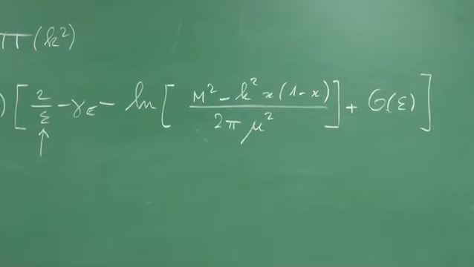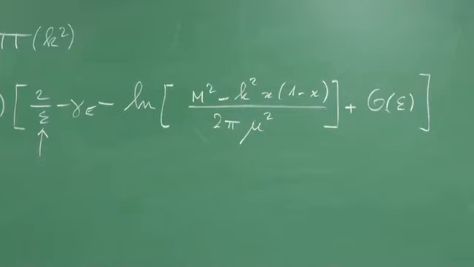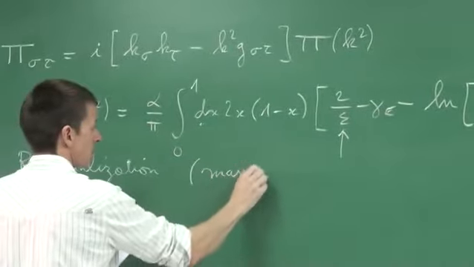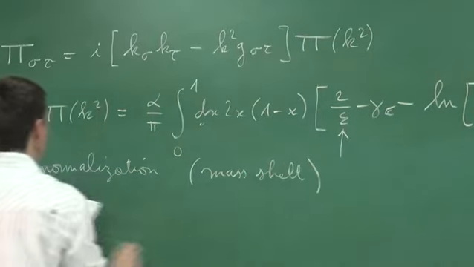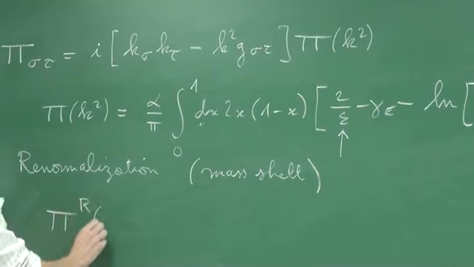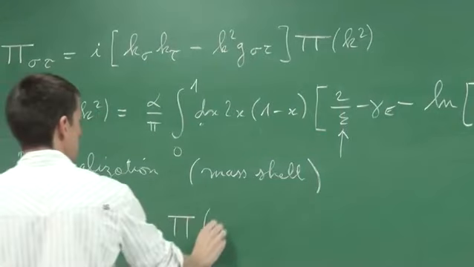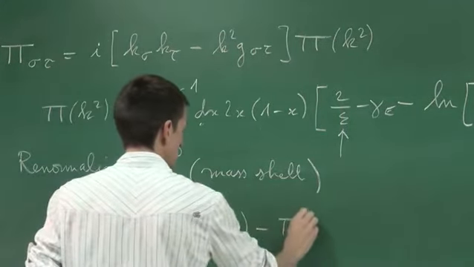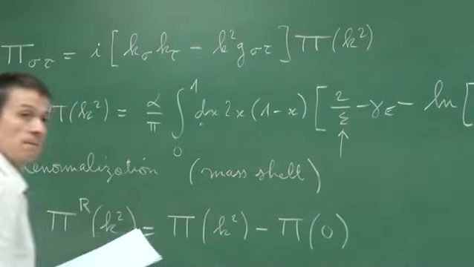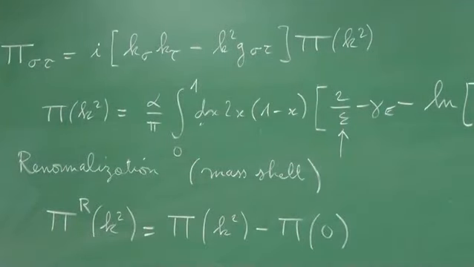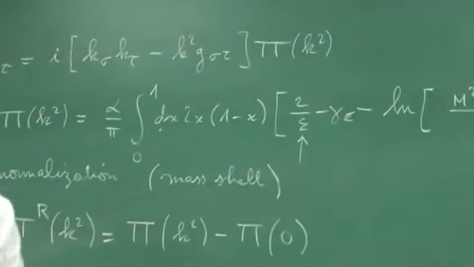So we bring it on the mass shell, which means that we take r of k squared equal to k squared minus p zero. Through this mathematical procedure we get at the end this formula